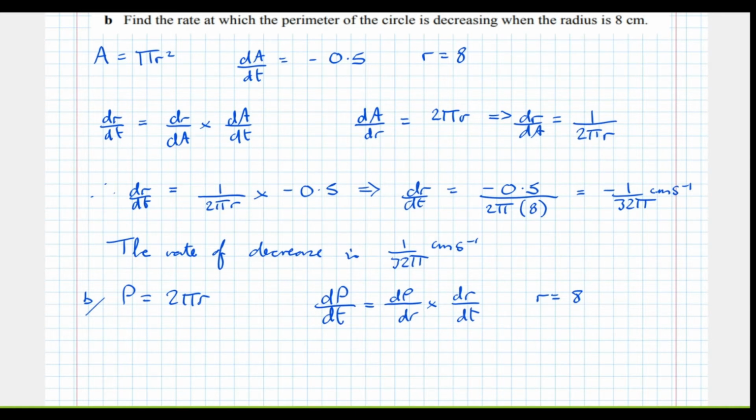So dp by dr we need, which is 2 pi. dr by dt we've got from the beginning of the question, or have we? No, we haven't. We've got dr by dt when r equals 8 from the previous question here. dr by dt was negative 1 over 32 pi. Which means that dp by dt equals dp by dr, 2 pi, times dr by dt, which was negative 1 over 32 pi,